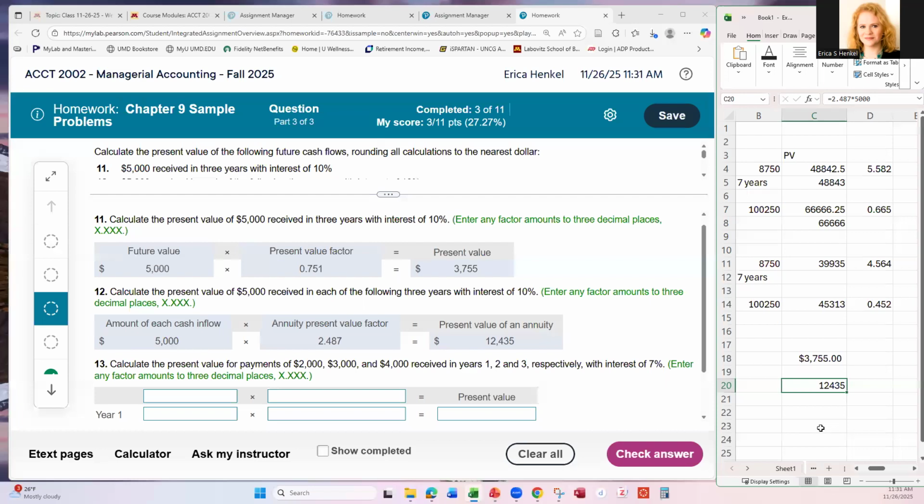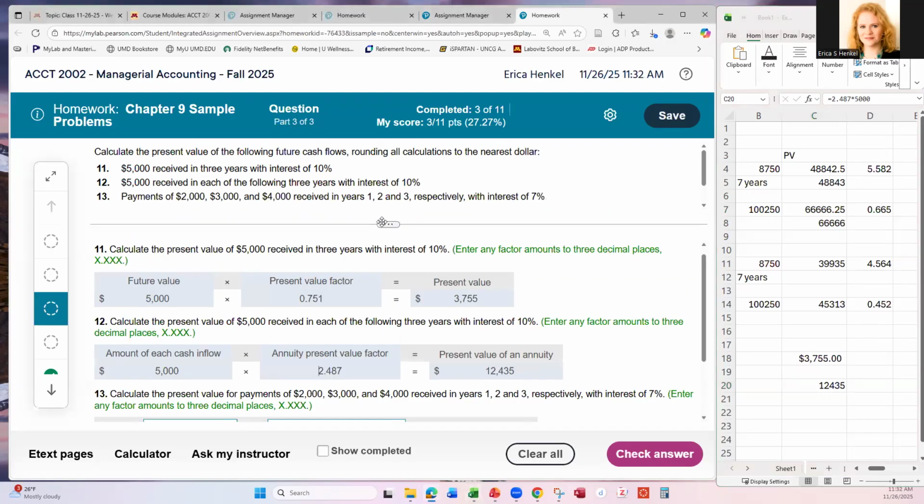Okay, so here is where I ended up. We took the future value of $5,000, multiplied it times the present value factor from the table, looking at the intersection of 10% and 3 years on the present value of $1 table. We had a present value of $3,755. And then we calculated a present value of a $5,000 ordinary annuity received each year for 3 years at an interest rate of 10%. So the amount from the present value of annuity table was 2.487 at 10% and 3 years. And so that got us to